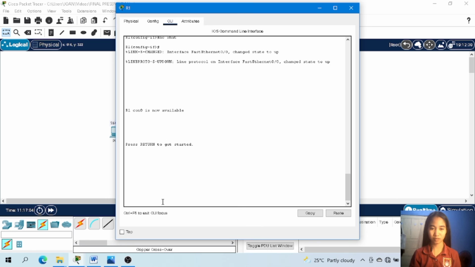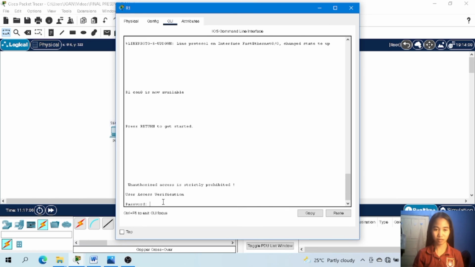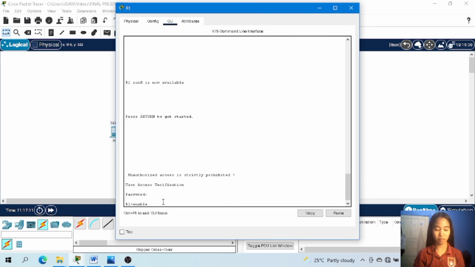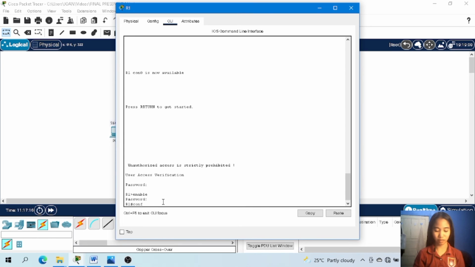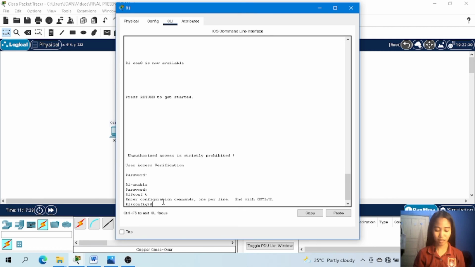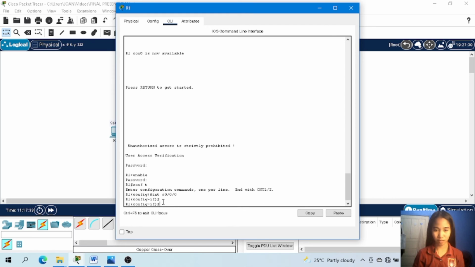Sa R1, here, password, Cisco, enable, then class, conft, shortcut for configure terminal, then int s0/0/0, then IP add, which is